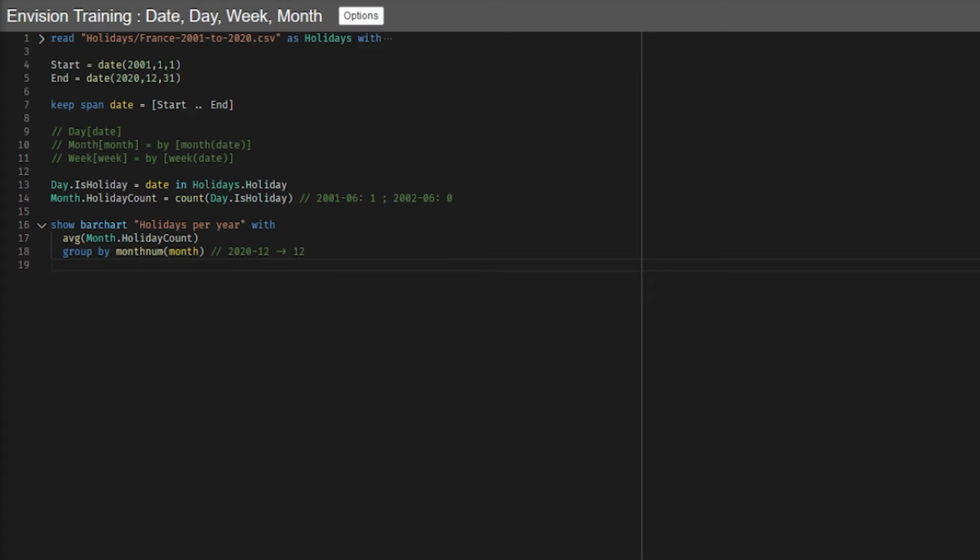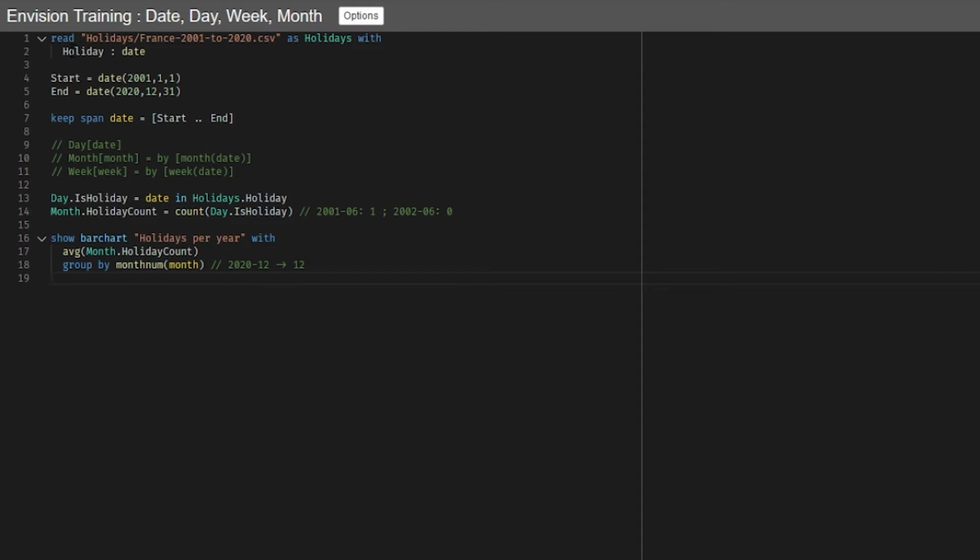There is another way to define the day table. This is done in the read statements by defining a secondary dimension date on the tables. So in this case, I would read the holiday column as date, and I would expect a date dimension here. And so the keep span is no longer needed. The fact that at least one table expects the secondary dimension date automatically creates the day, month, and week tables in that script. However,